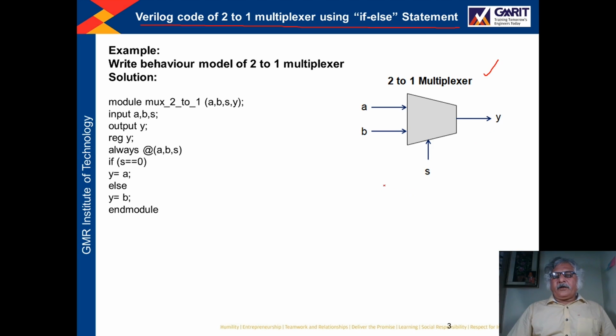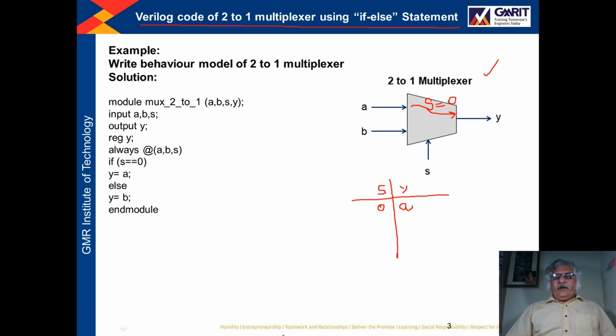So let us see here S and output Y. If the value of S is 0, then output Y will get the value of input A. Whatever the value of A, whether it is 0 or 1, will be transferred to the output if S is equal to 0, that is, the select line is equal to 0.